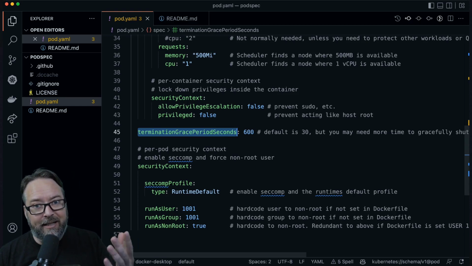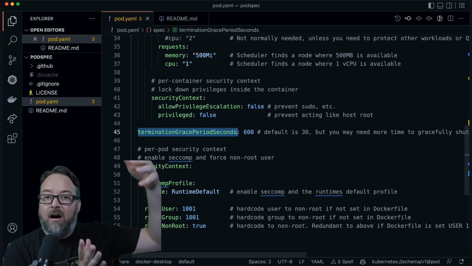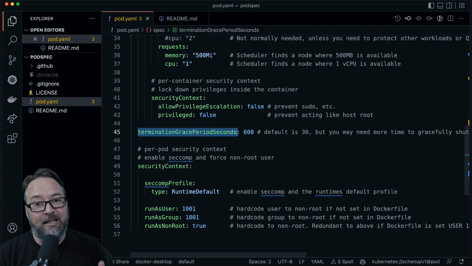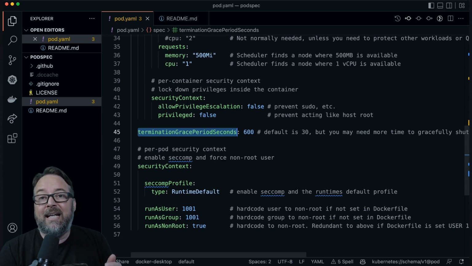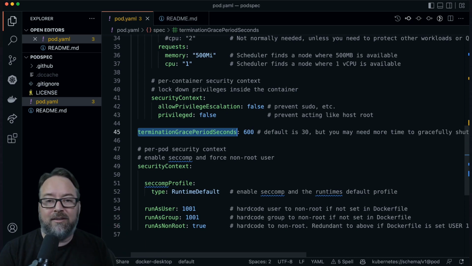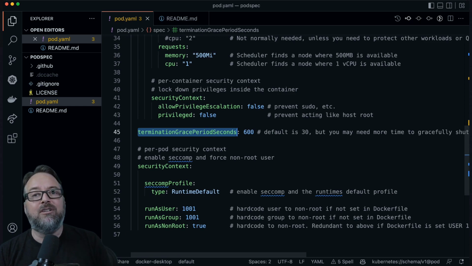That's called a FIN packet, and you're going to need to start on a new connection, which Kubernetes will correctly route to a new pod that it just started. In this case, we might need 5 minutes. We might need an hour for our application to ensure no users are uploading or downloading files, that a report isn't being generated in the background. All the kinds of things that could take minutes, possibly even hours to do, we want to take into account